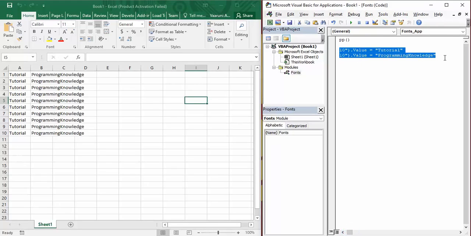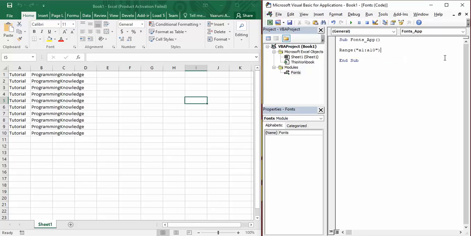So now let's get rid of these two lines because they do not serve any purpose now. Whatever operations we are going to perform are on these two ranges of cells. So first of all, let us brush up our understanding of the colors that we covered in the last video. First of all, you have to provide it with a range of cells to which you want to apply the changes. I want to apply it first to the cells A1 to A10.